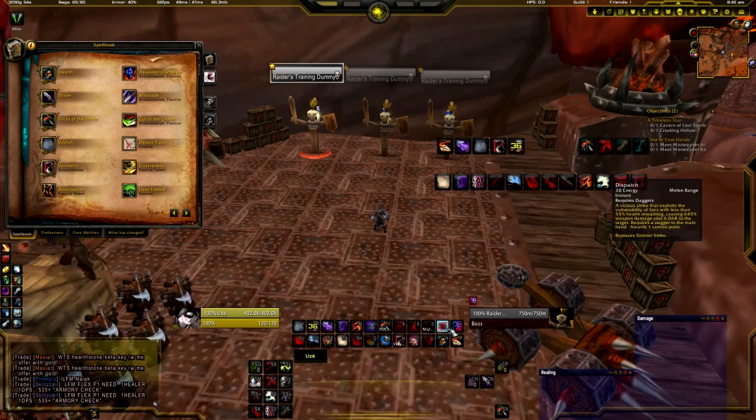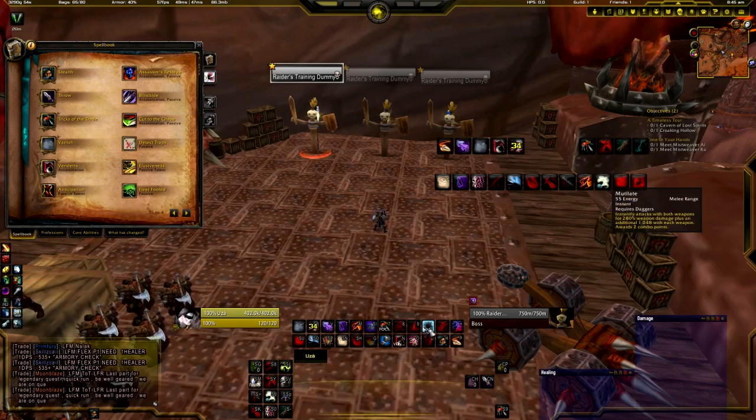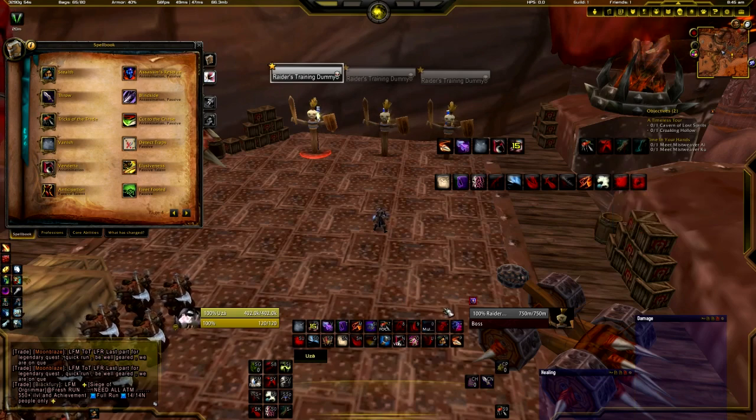Dispatch does a little bit more damage. It costs almost half the energy. It only gives one combo point, but it's worth using because it does more damage. And then Mutilate is the other one you want to use if the target isn't below 35%, or you don't have that proc. Anyway, for finishing moves, you want to apply and maintain